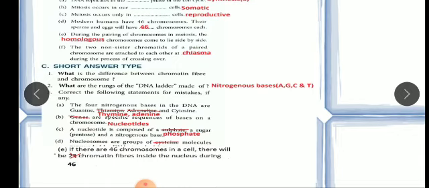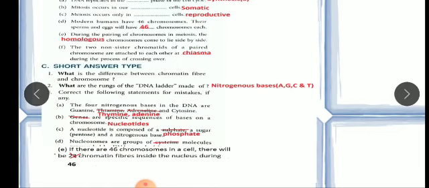Okay. Now question number 2: what are the rungs of the DNA ladder made up of? The center part of the DNA double helical structure, when you see it in your book, is the part in which nitrogenous bases are present. That part is called the ladder. So the rungs of the DNA ladder are made up of nitrogenous bases. There are 4 nitrogenous bases in DNA: adenine, guanine, cytosine and thymine. I have written them here also.